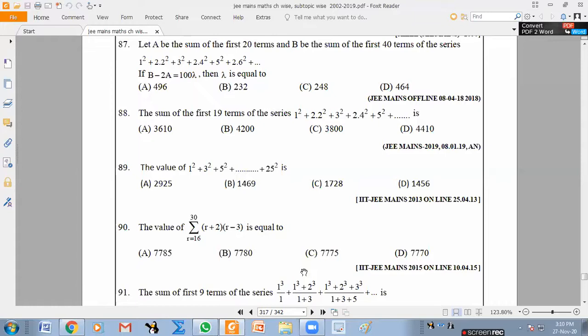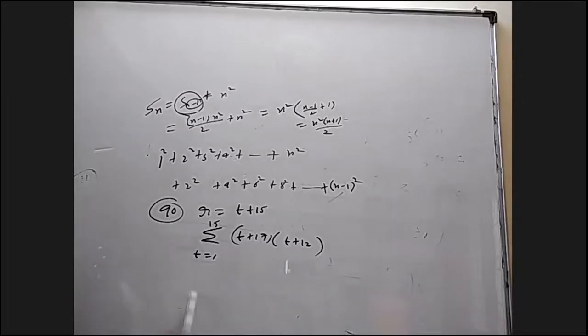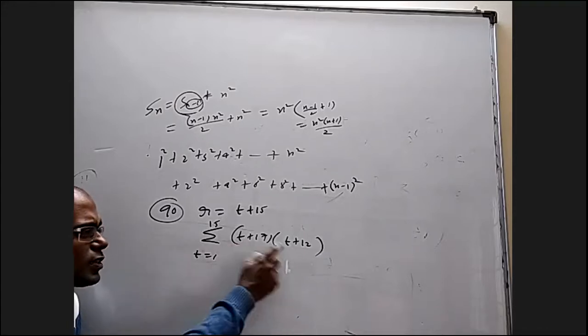Substitute, sir. We can substitute R with R plus 16 or R plus. Yeah. I'm going to take R as some t plus 15. What is the advantage? It is going to be sigma t equal to 1 to 15. And wherever R is there, if I write, it will be t plus 17 into t plus 12. So I took R as t plus 1. Now the thing is, it changed from 1 to n. Now sigma t square, there's a formula.